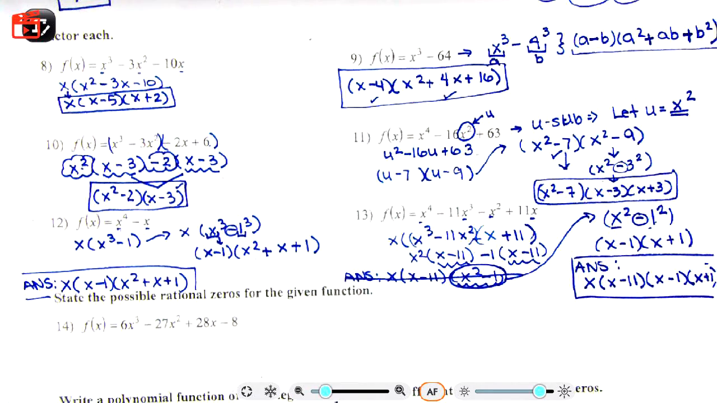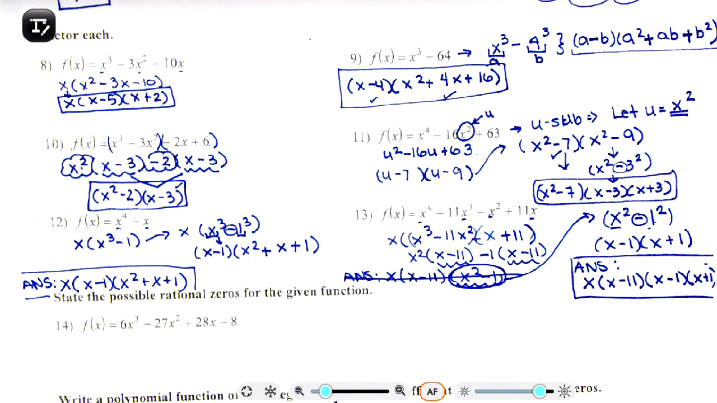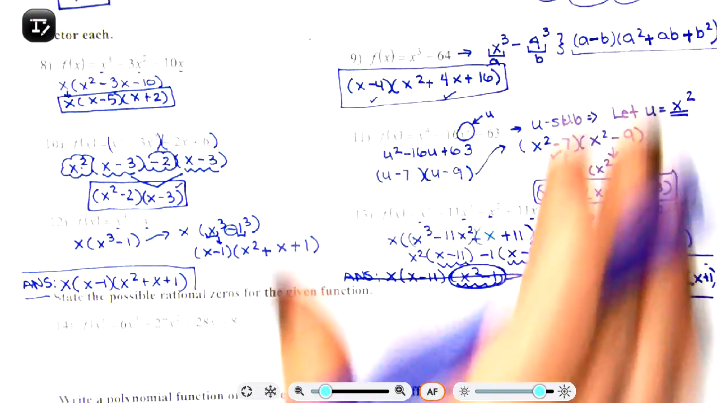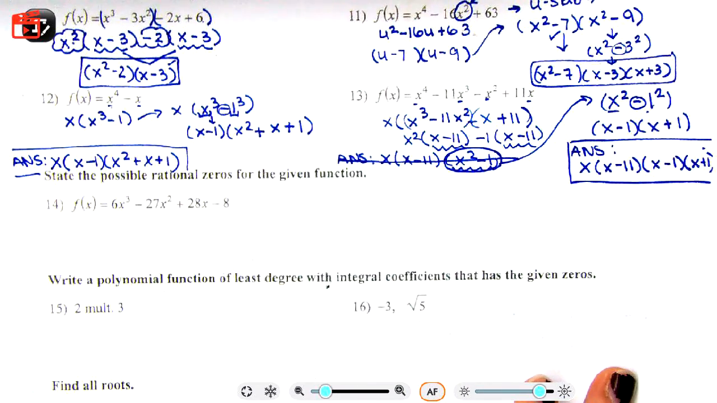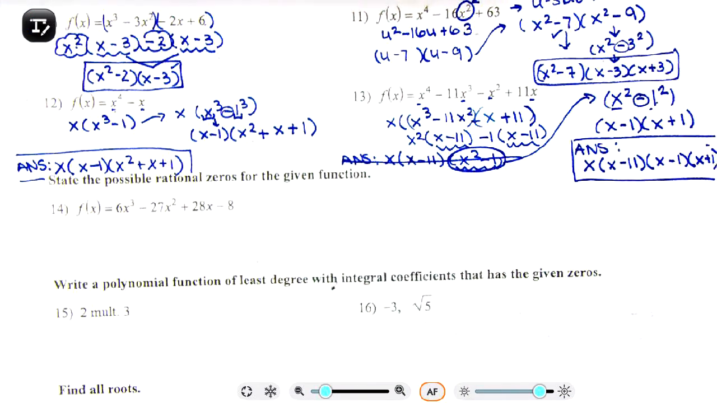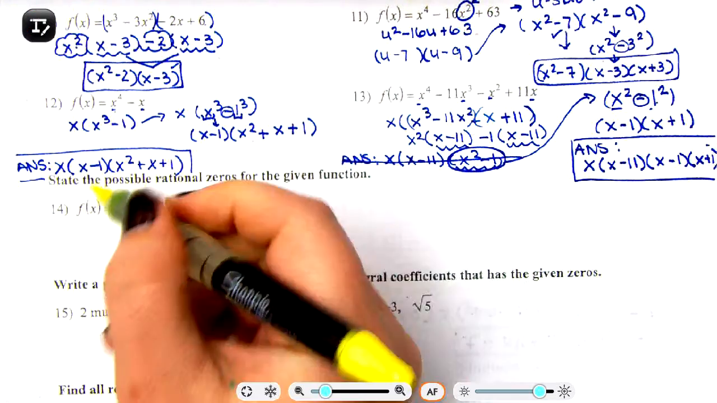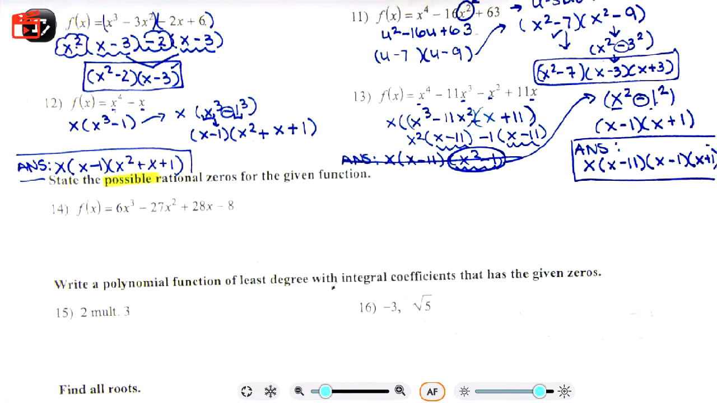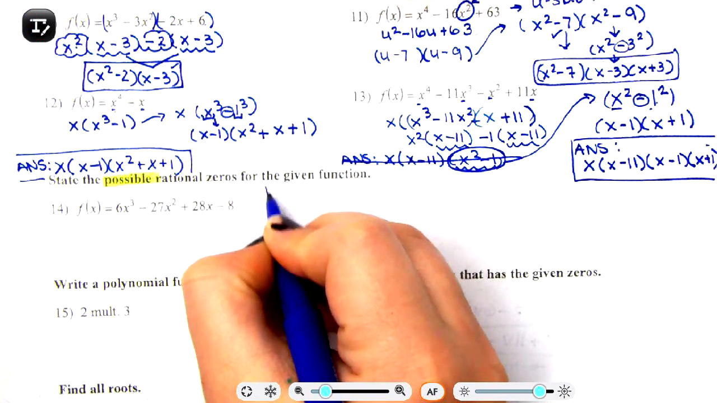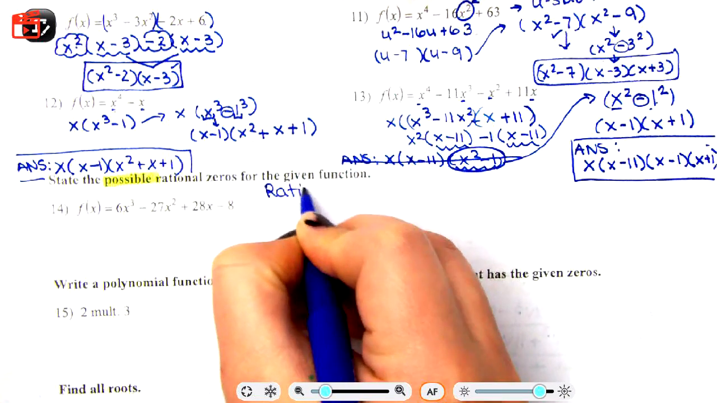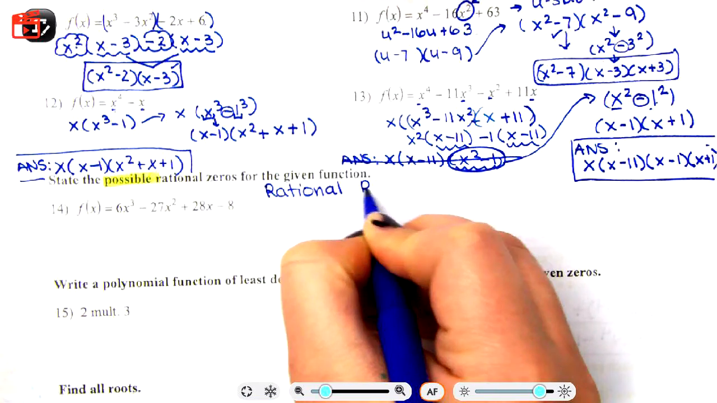All right, just a few more. State the possible rational zeros. Keyword here is possible. We like the word possible because it saves us a lot of steps and work. Whenever it says possible, you need to use the rational roots theorem,